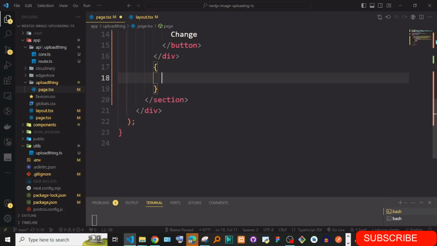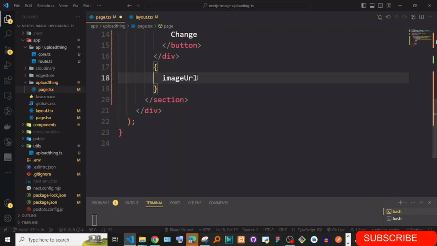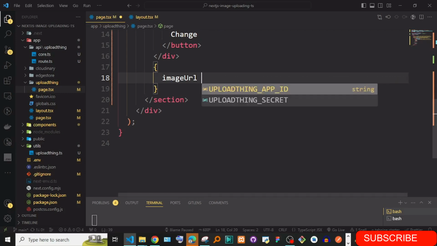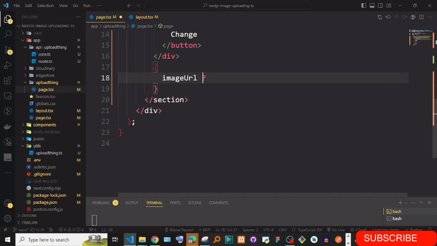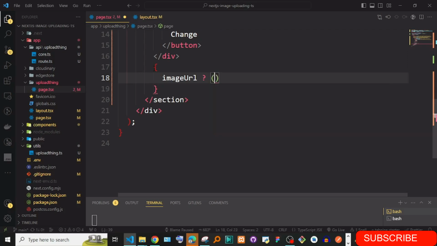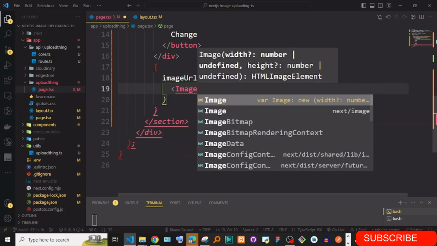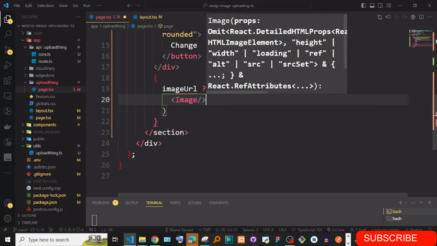So I'm just going to say here, if there is an image URL, if the image URL is there and this is true, we just want to show